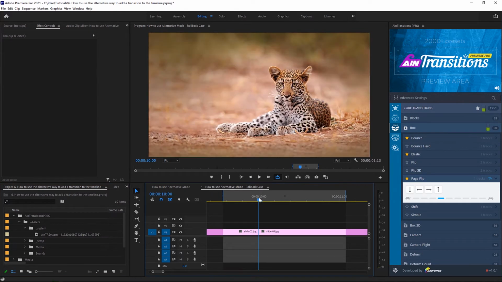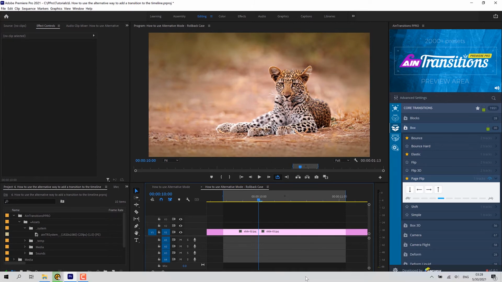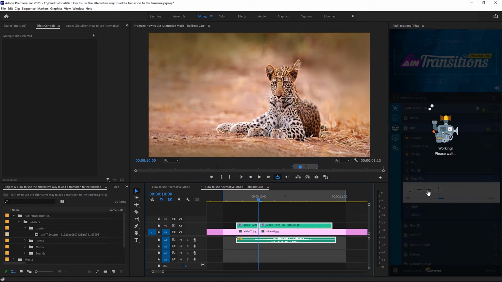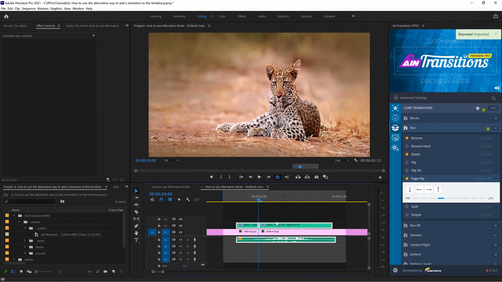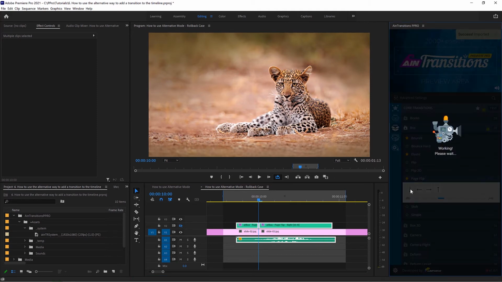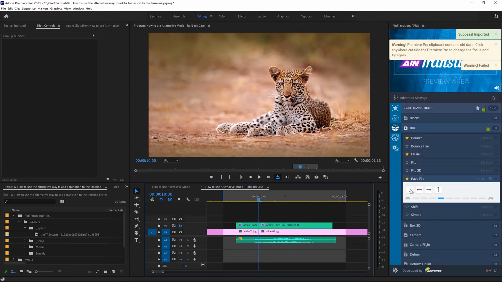What will happen if you do not make this additional click? First, let's click outside and add a transition. Great, it's on the timeline. Now let's try to add another direction without going beyond Premiere Pro. Oh, it all happened very quickly. We will now look at this in more detail.